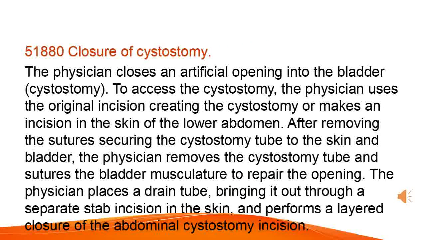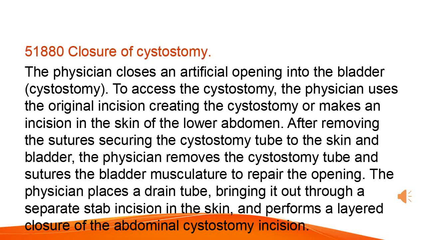Closure of cystostomy. The physician closes an artificial opening into the bladder, cystostomy. To access the cystostomy, the physician uses the original incision creating the cystostomy or makes an incision in the skin of the lower abdomen. After removing the sutures securing the cystostomy tube to the skin and bladder, the physician removes